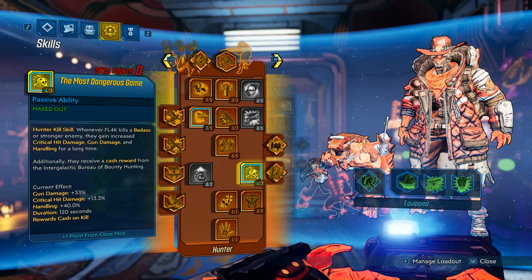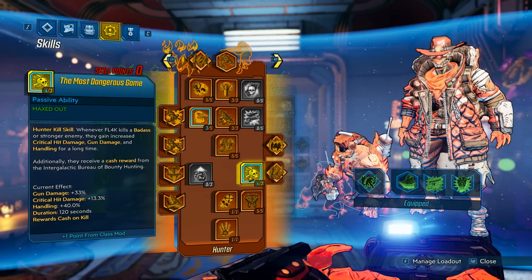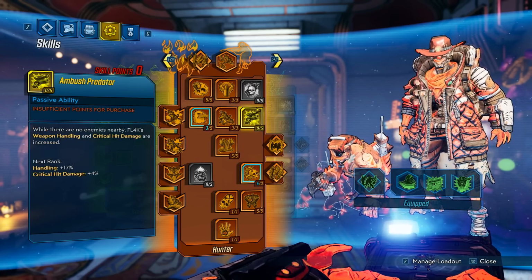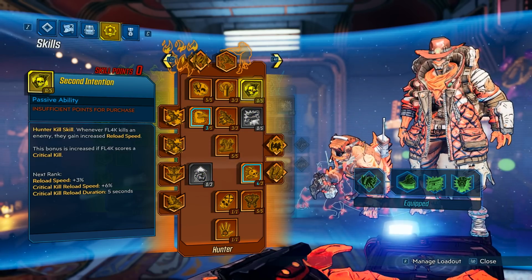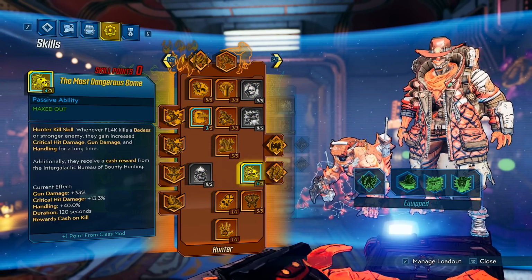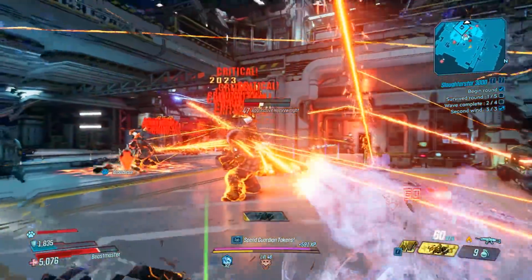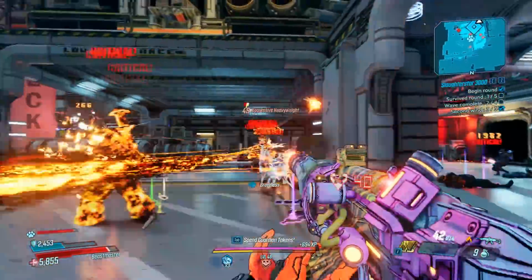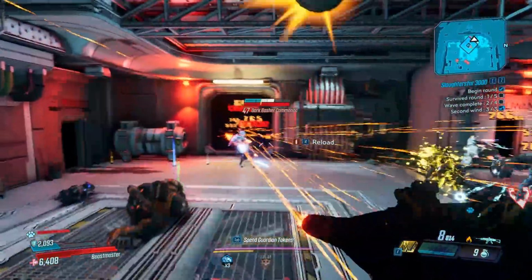From this point on, we have the most dangerous game, and this is just an overall amazing passive. Of course, you don't absolutely need this. You can definitely go for something else. Let's say you want more reload speed or something else, you can definitely go with that. But let's say for example you're doing some endgame activities where you will fight badass or strong enemies, and in this case this will greatly benefit that because you will receive a huge gun damage bonus to that as well